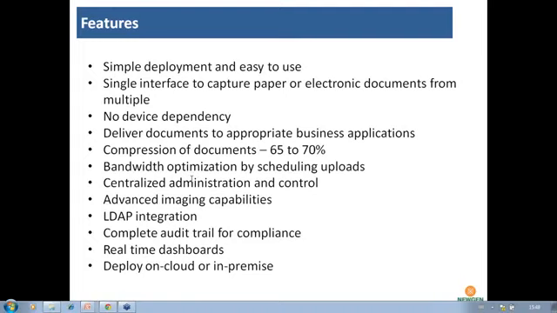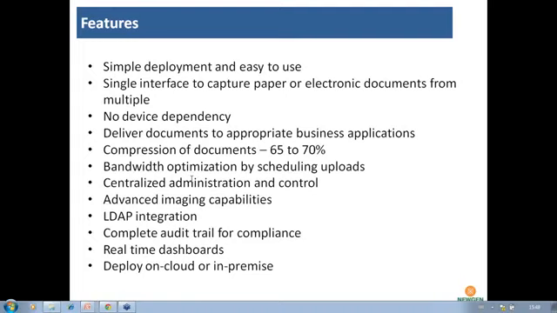How do you price this software? See, I can tell you the methodology of this pricing. The pricing depends upon two parameters. One is the licenses of this software, which depends upon the user volumes, that is, how many users want to capture and access those documents.